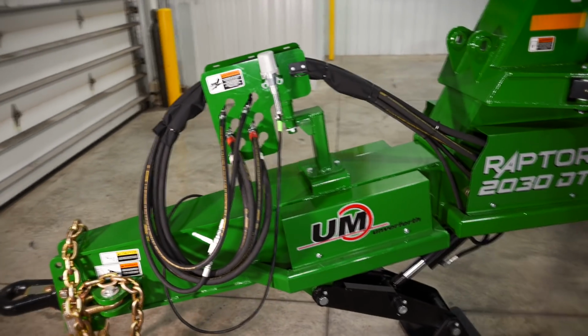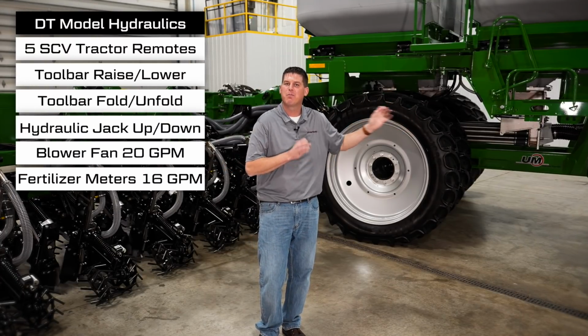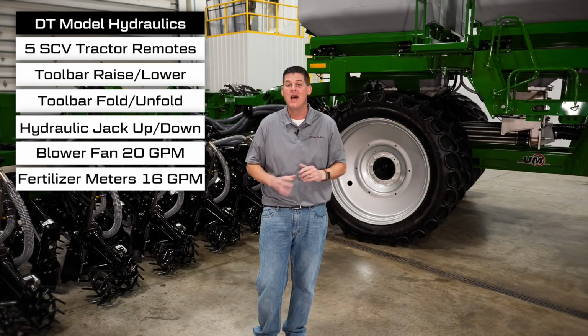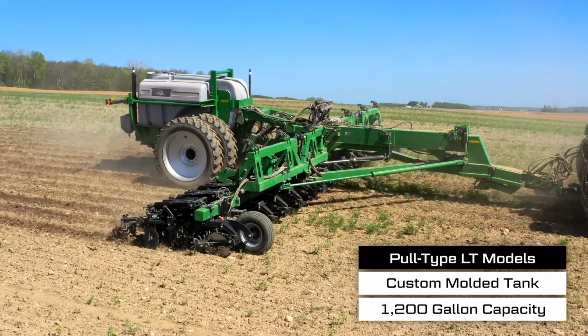The 2 additional SCVs that are required above the ST model are for the blower fan, which requires 20 gallons per minute of hydraulic flow, and the fertilizer meters, which require 16 gallons per minute of hydraulic flow. Next, we have our LT models, or liquid fertilizer system models, which feature a custom molded 1,200 gallon